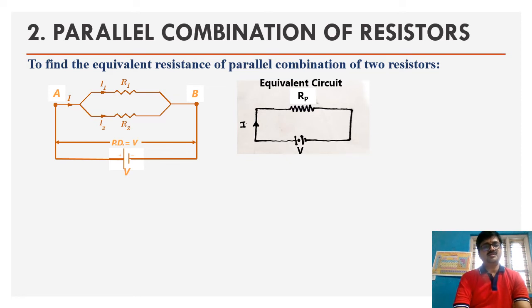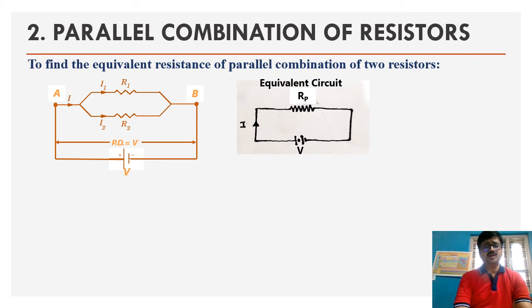And as you notice here, total current delivered by the cell or battery is I here, capital I. But it gets branched into two parts. First, current through R1, there will be current I1. Secondly, current I2 will be flowing through R2. So accordingly, we'll have two currents here, I1 and I2, and sum of I1 and I2 must give us what? I.